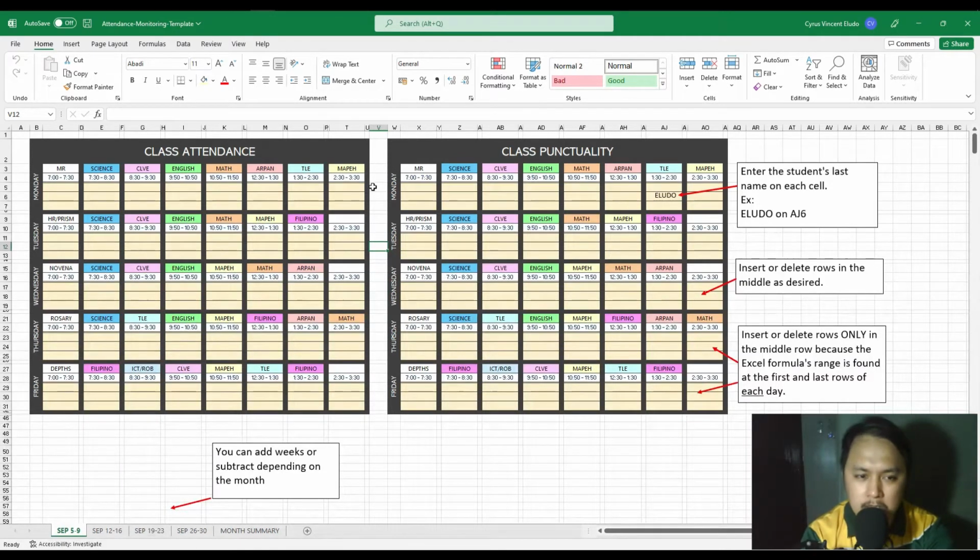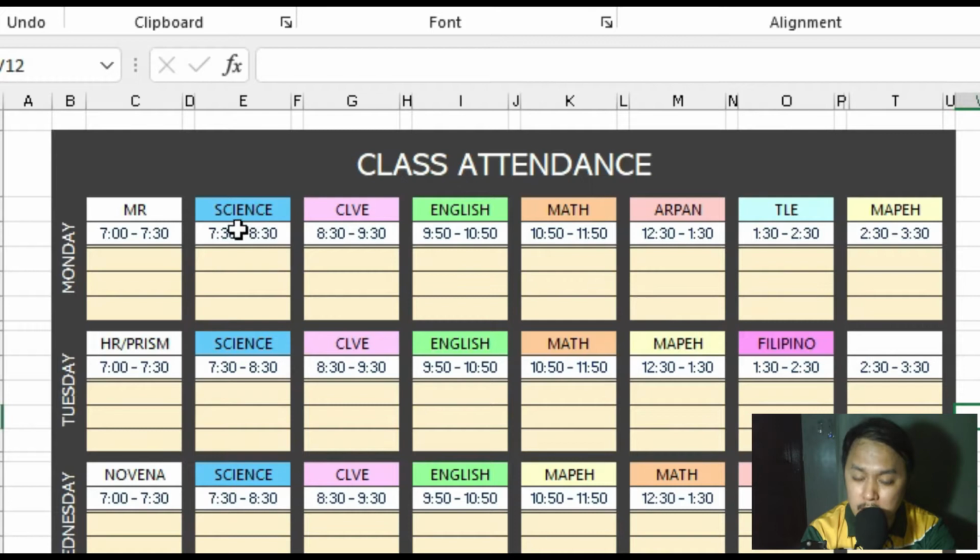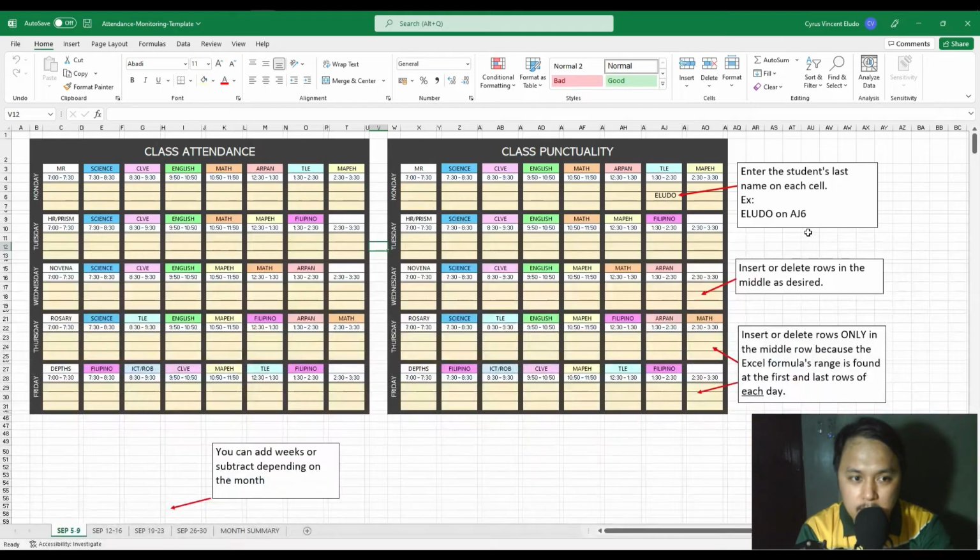I'm using this grade 9 color coding, but you can try any color you want. For me, this is how the grade 9 students look on my class record. Under each subject or period is the time. What is not written, obviously, are the breaks. I also put some notes. There's a cell here on the right that says whatever